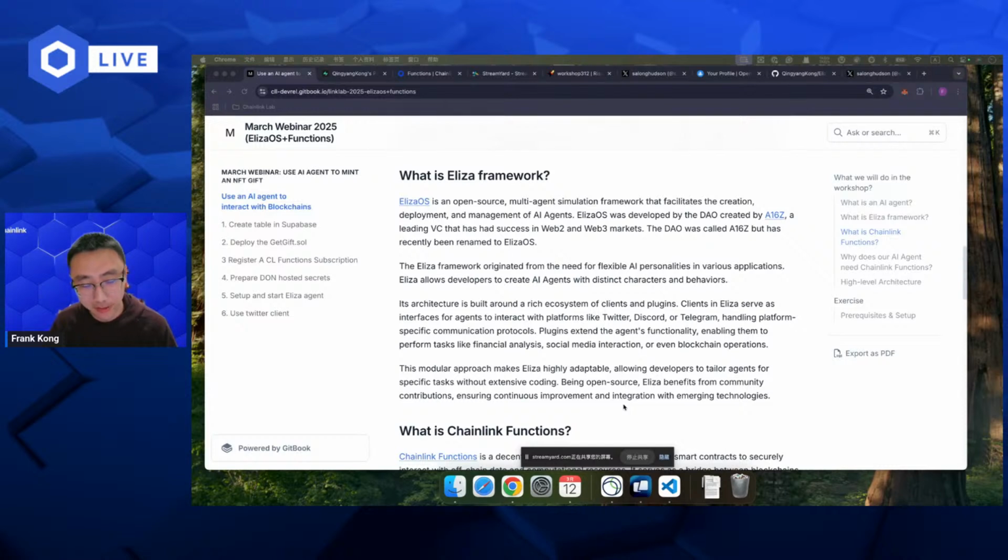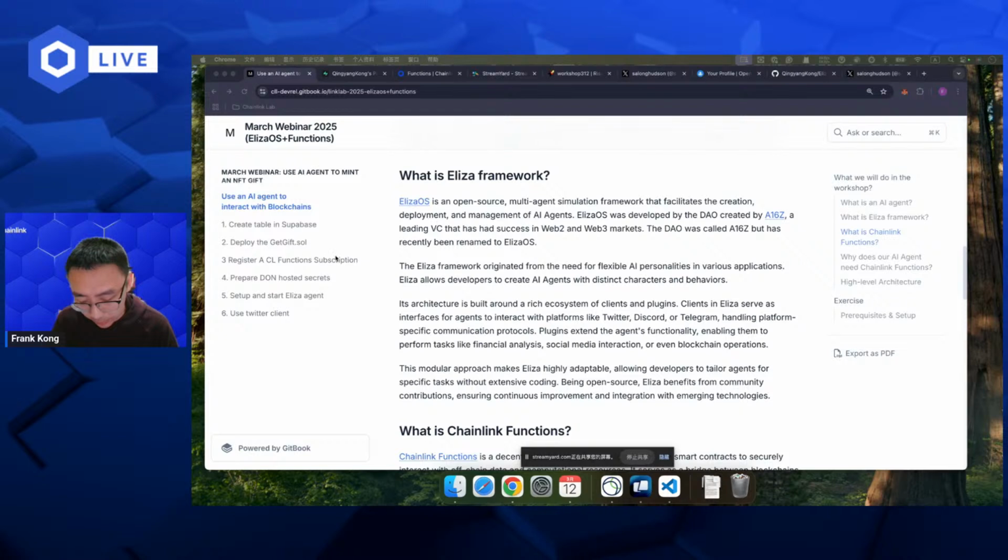So you can use Onchain or Eliza or any other framework to create your AI agent. For this workshop, I used Eliza. The reason is that Eliza has a library for Ethereum, so I can use Eliza to send a transaction to Ethereum EVM chains like Avalanche. That is the reason I'm using Eliza.